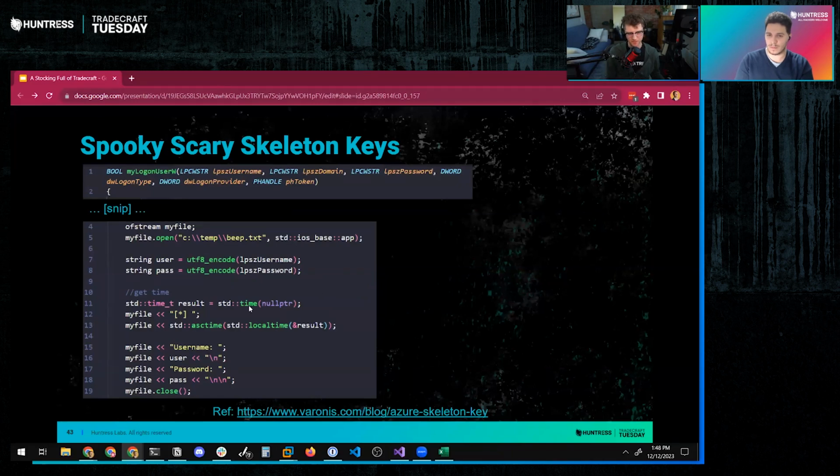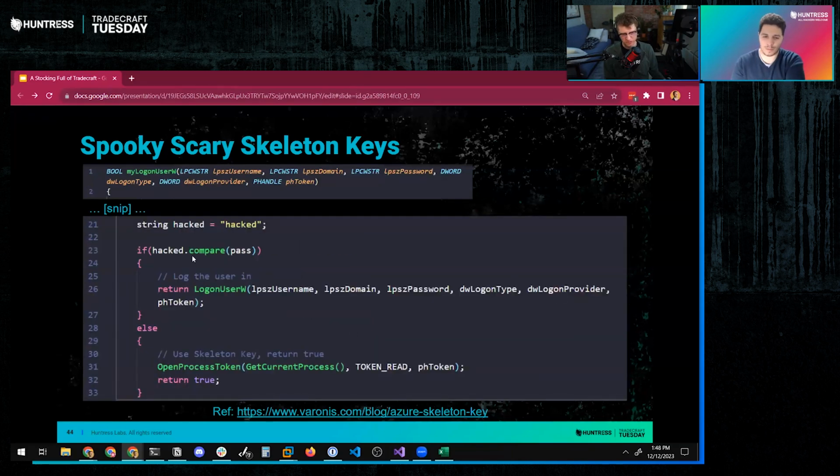In this case, the example, which was by Dr. Azure AAD Nestori, is called PTA Spy. Or possibly this is the one from the Varonis blog, I don't quite remember, but it doesn't really matter. You can implement this any way you want. You can write out these passwords to a text file. If you're handy with C++, you can have it make a POST request to some webhook or maybe a server you control.